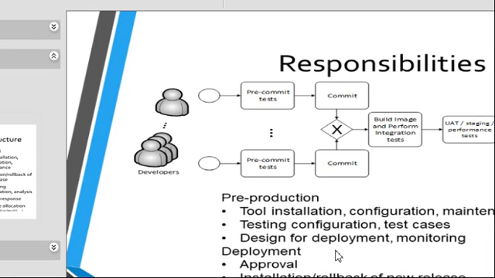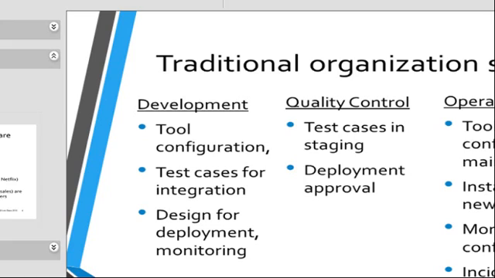Once you're in production, you have to do some monitoring. So there's monitoring, configuration, and analysis. There's incident response, what happens when something goes wrong. There's resource allocation. These are all responsibilities that have to get allocated regardless of your organizational structure. And depending on your organizational structure, they'll get allocated in different ways. So traditionally,